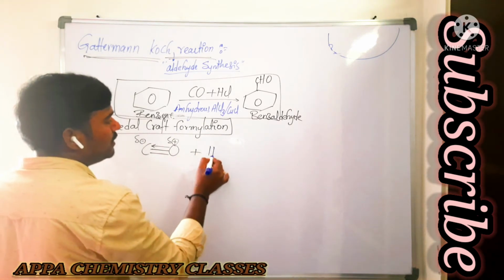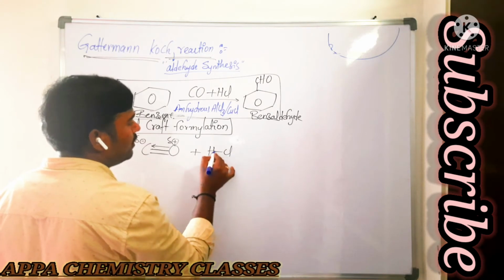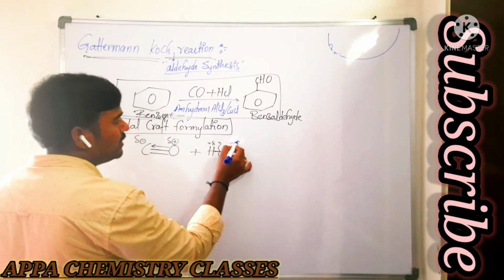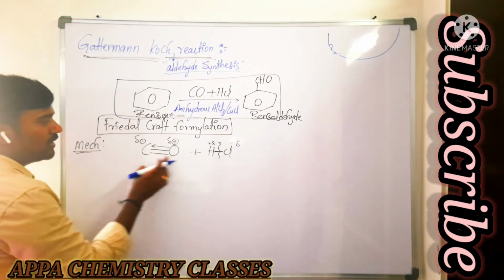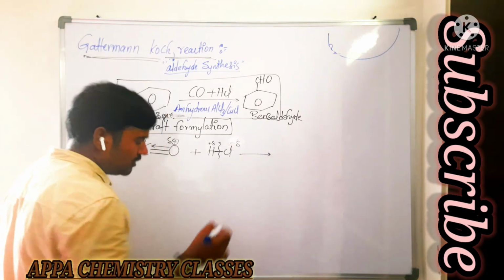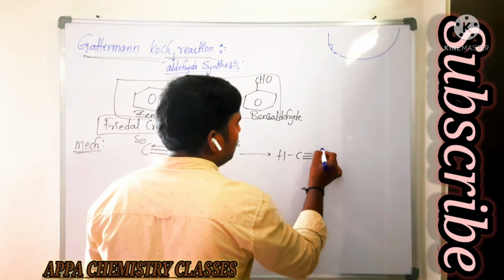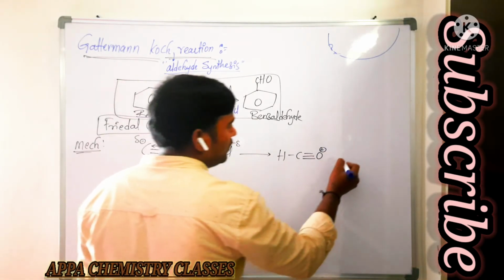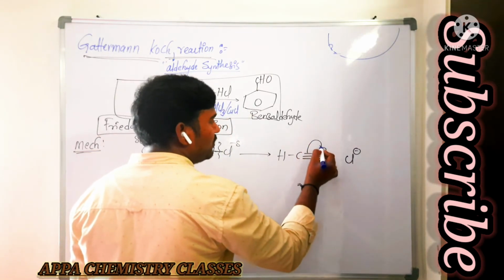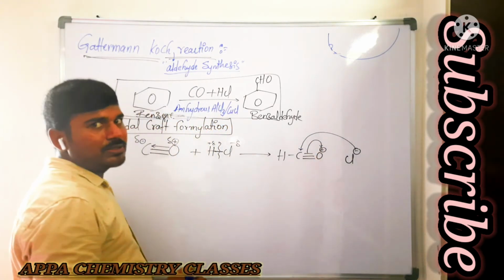When they react with HCl. Okay? So HCl is what? It is a polar covalent compound. So whenever it breaks, we are getting H plus and Cl minus. The H plus ion is bonded to this carbon. Then what happens? We are going to get HC triple bond O plus. Now we have the chloride ion, Cl minus. Then this bond is shifted to this oxygen. Then this chloride ion, this nucleophile, will attack this carbon.